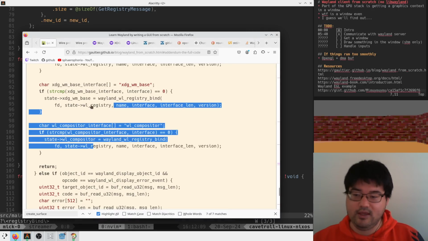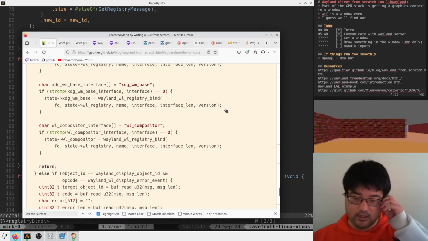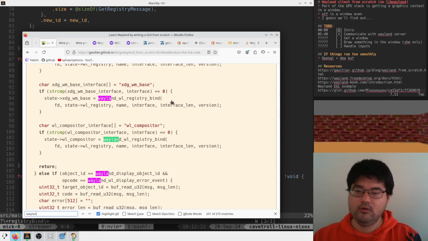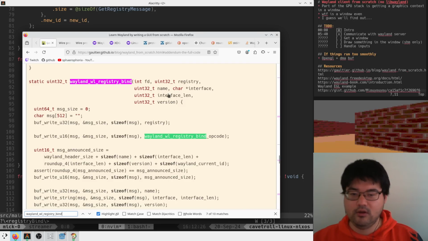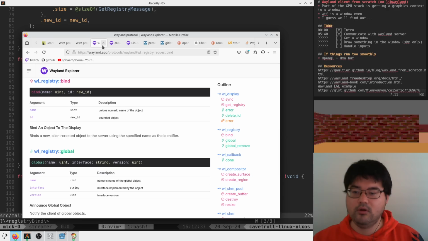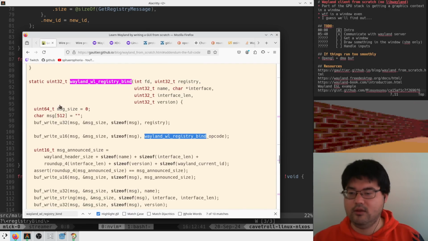So that's this. Then he has name, interface, len, and version. So I would assume that this stuff doesn't matter. That's probably logging information. He does write this stuff. So I'm confused here because his thing